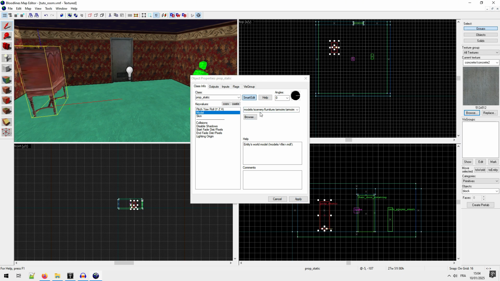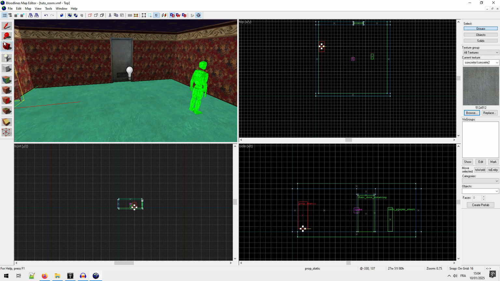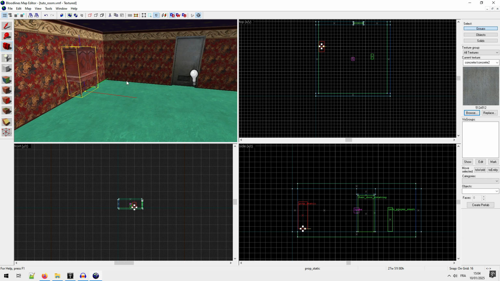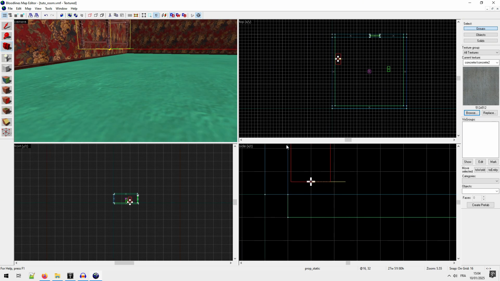If you don't do this, Hammer will crash. So okay, we have our basic armor. So I put it here. Fair enough.